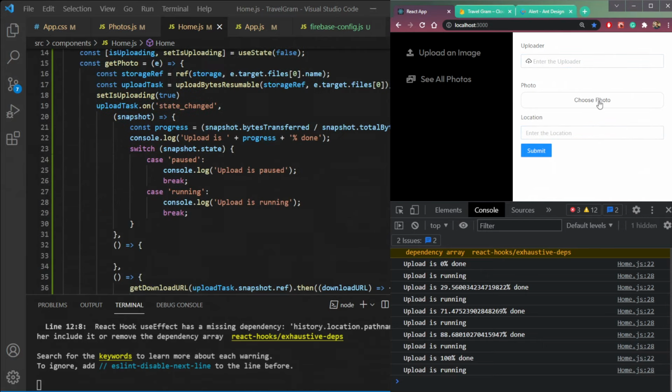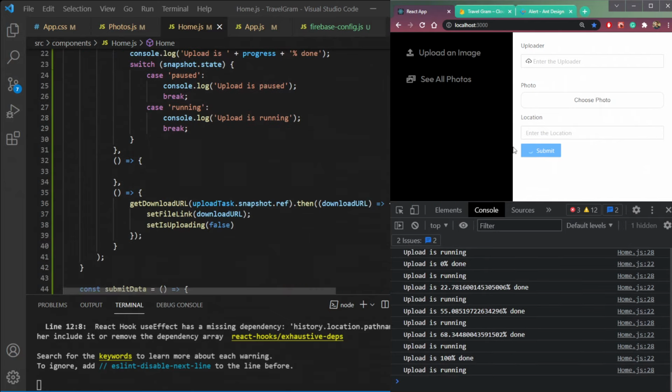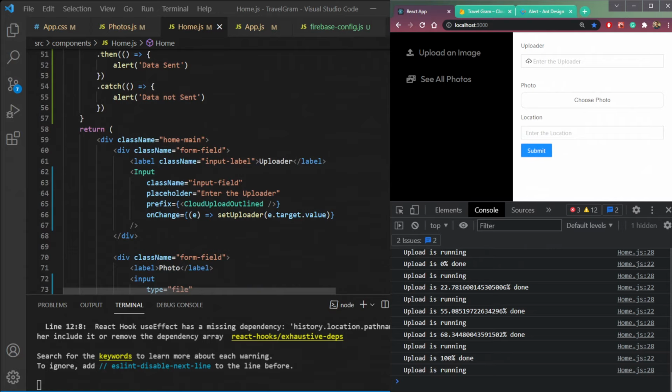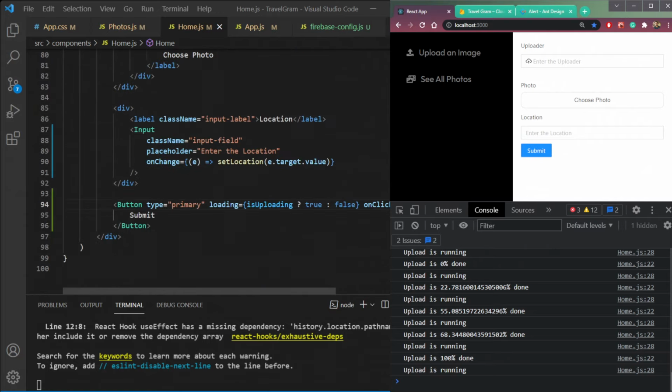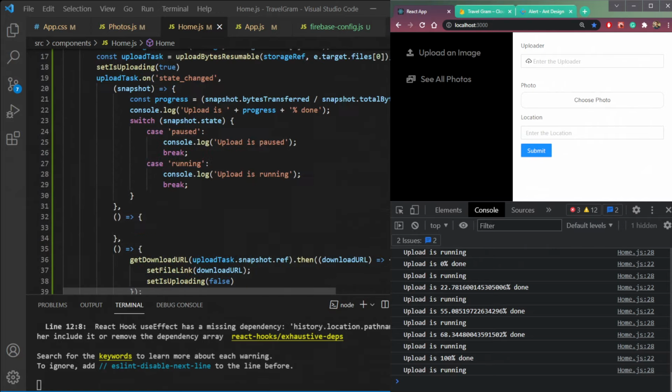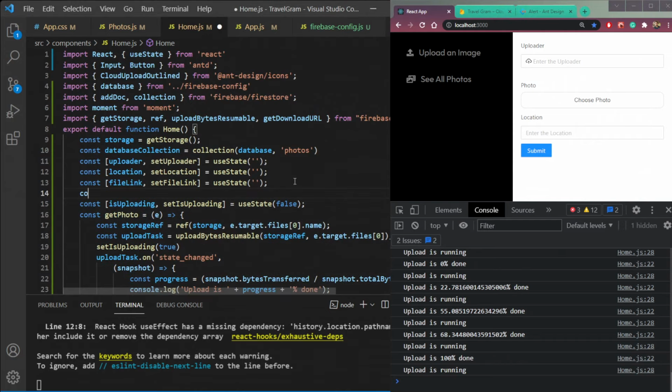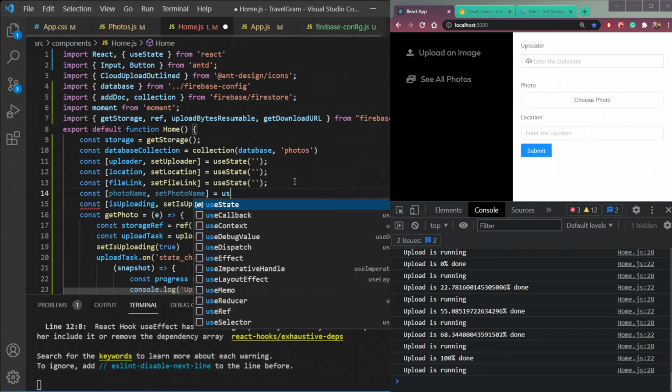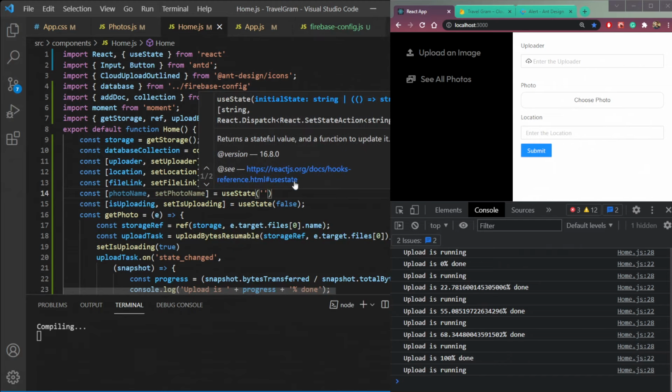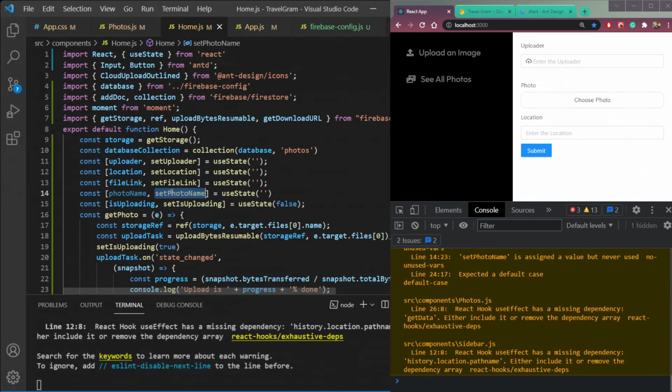Now we can do one more thing. So this choose photo, if we choose some photo, the name is not coming in this choose photo. We'll only see choose photo. So let's add the photo file name. So create one state called const photoName, setPhotoName. This will be a string, an empty string, and we will just send the photo name here.